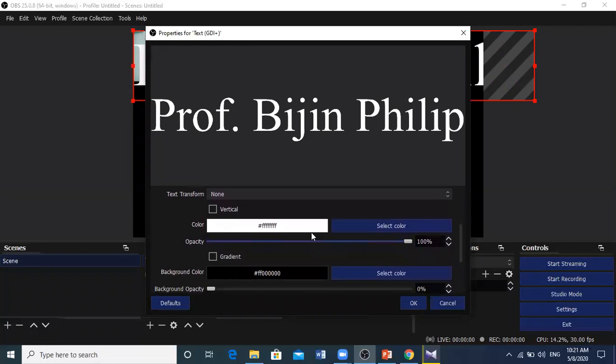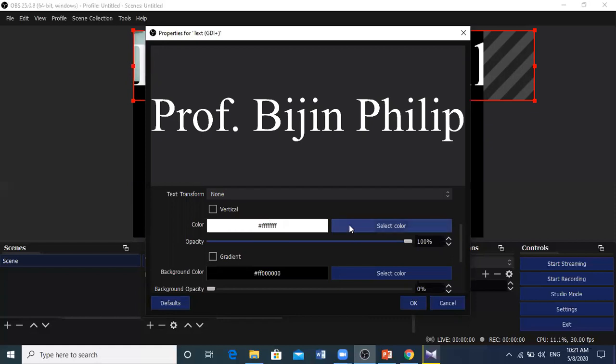What is the color? Now it is white. You can change it according to your preference, but make sure that if your PPT has a white background and you are giving a white font color, it won't be visible. Whenever you are choosing the color for your text, make sure that it matches your PPT background color.